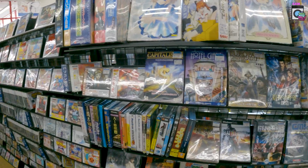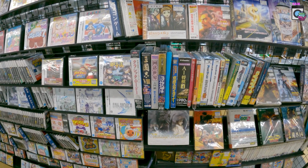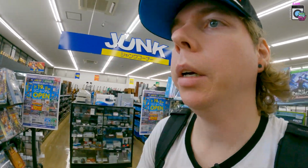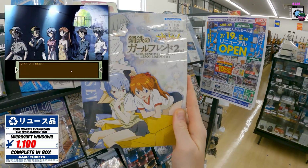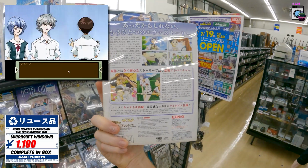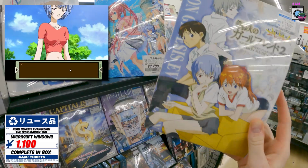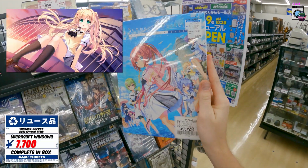There we go, we've got a PC gaming section. Let's dig right through this. We're gonna have to take it bit by bit because it's so big here. We've got Neon Genesis Evangelion, the Iron Maiden 2nd for Windows XP. Girlfriend the 2nd, I guess this is just a Neon Genesis dating sim. Summer Pocket Reflection Blue,